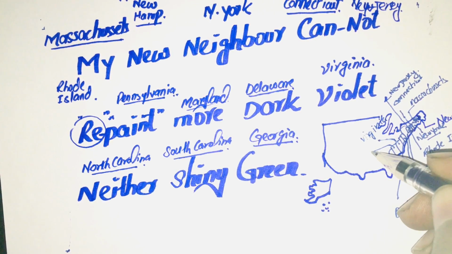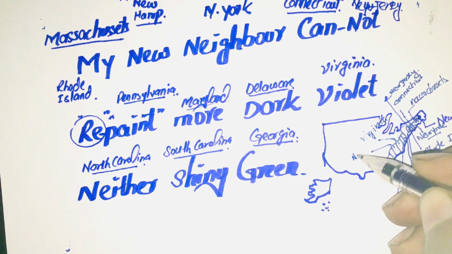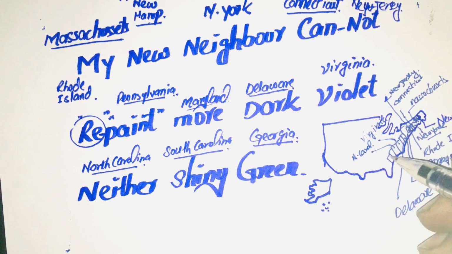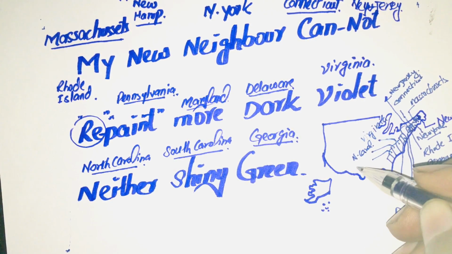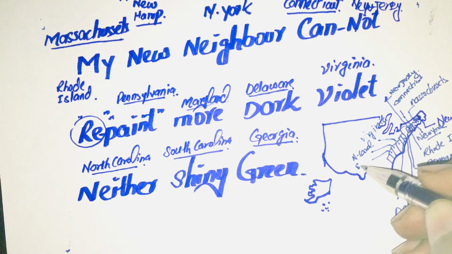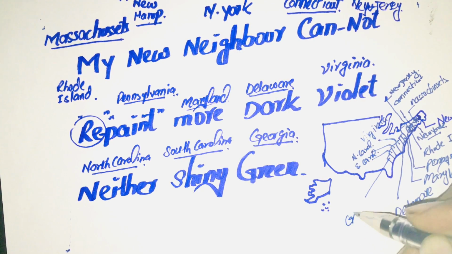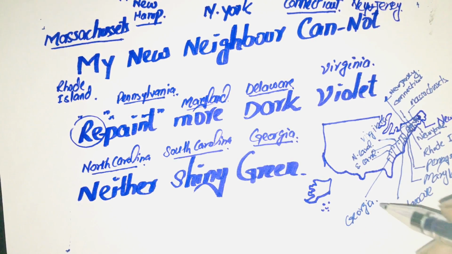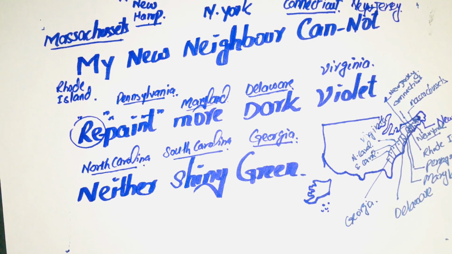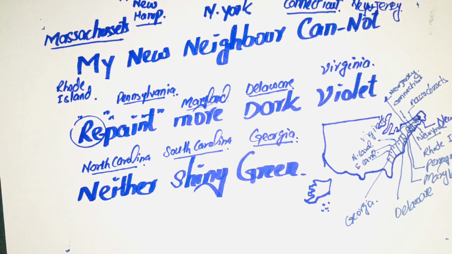The next colony is North Carolina, and second last is South Carolina, and the last of all the colonies is Georgia. So, dear friends, this is a practice to learn 13 initial colonies of USA. I hope everyone has got this as a very good and easy trick, and everyone will practice this. So, please practice these tricks, and practice is a must.